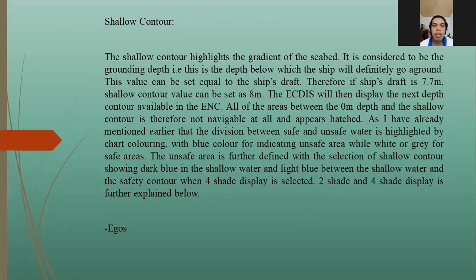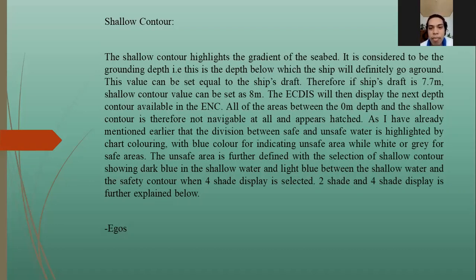The shallow contour. The shallow contour highlights the gradient of the seabed. It is considered to be the grounding depth. This is the depth below which the ship will definitely go aground. This value can be set equal to the ship's draft. Therefore, if the ship's draft is 7.7 meters, the shallow contour value could be set as 8 meters. The ECDIS will then display the next depth contour available in the ENC. All of these areas between the 0 meters depth and the shallow contour are therefore not navigable at all and